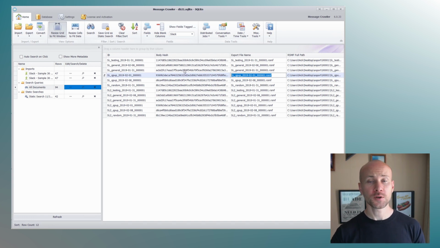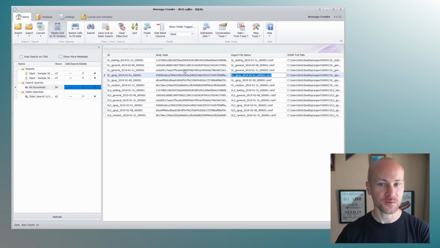This way, you get to load all the data in if that's what you want to do, and you can identify which RSMF files are duplicates of what other ones. Of course, I had to add this feature to the convert tool. So when we go to